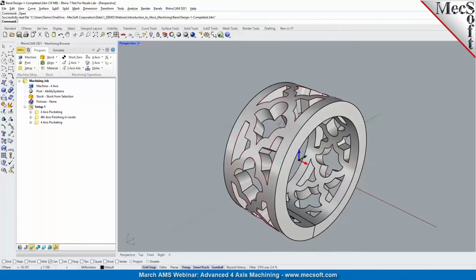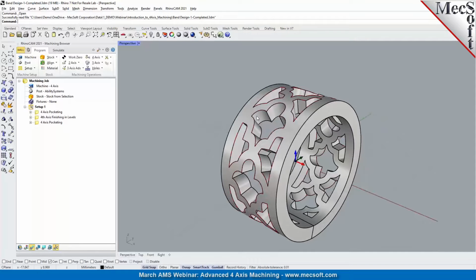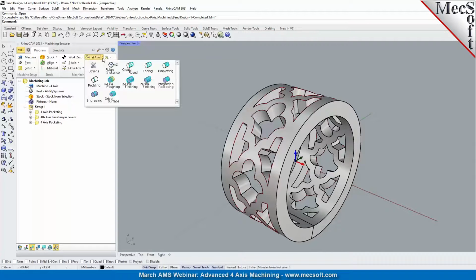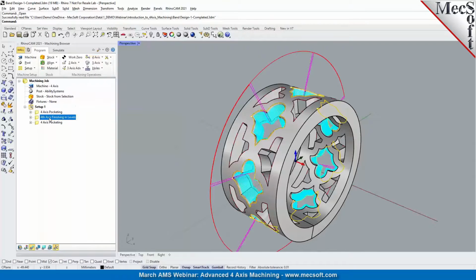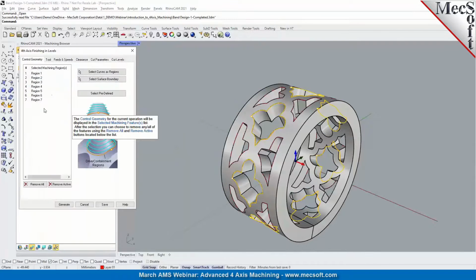So to program this efficiently, you could use the 4-axis finishing in levels. This is also called R-level finishing, which is basically radial level finishing. The method is similar to our Z-level finishing that we have in 3-axis methods. So if I take a look at the 4-axis R-level finishing toolpath here, you can pick regions to contain your toolpath. So I've selected these regions